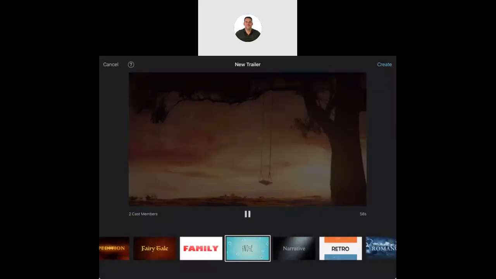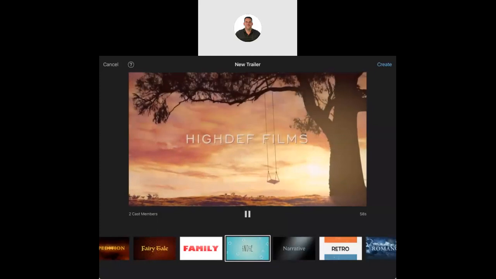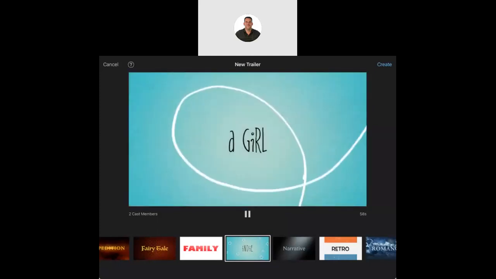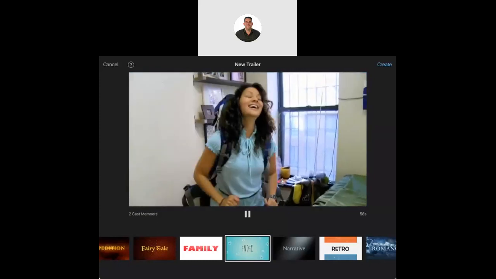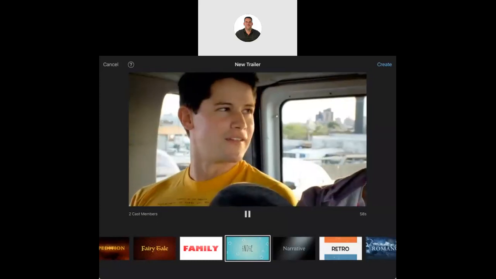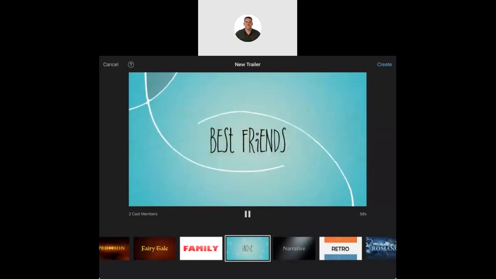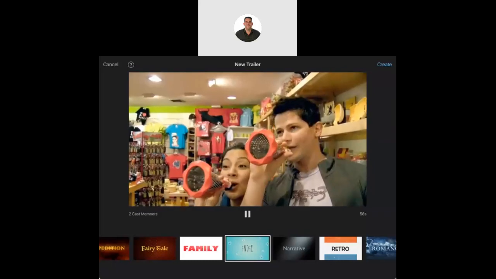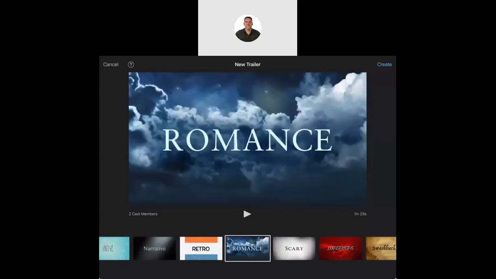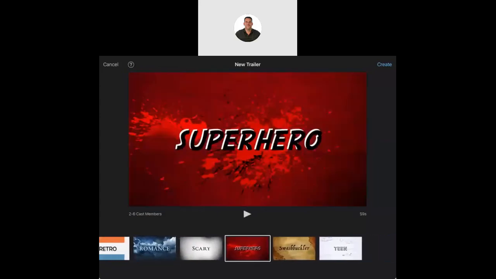I'm going to play this indie version here as if it's a trailer to a new movie that's coming out. So all of this is built in. You can change the text on the screen, and obviously you put your own videos and pictures in order to create this. So some of the ideas I've had around using this with learners is get them to read a book, get them to choose along the bottom what type of book it is,